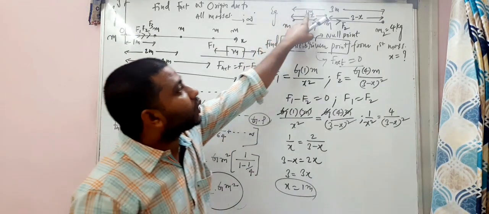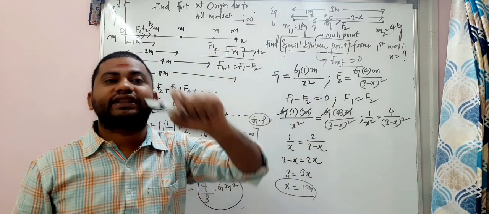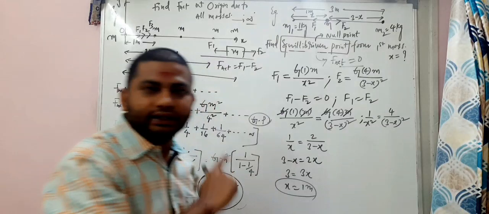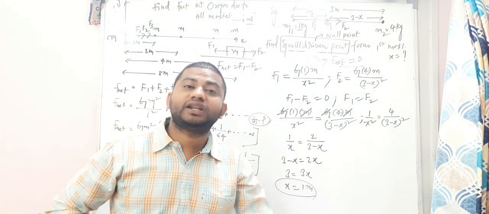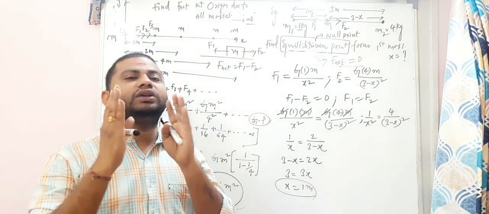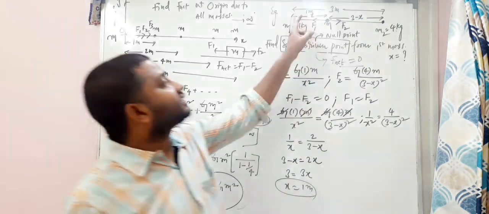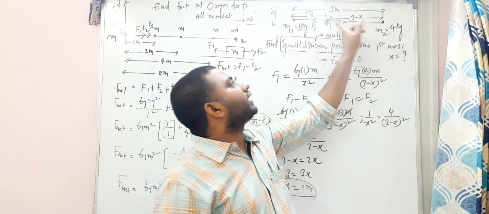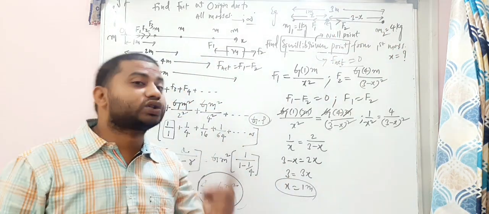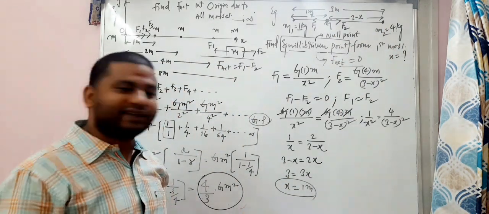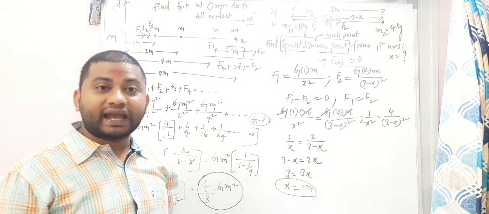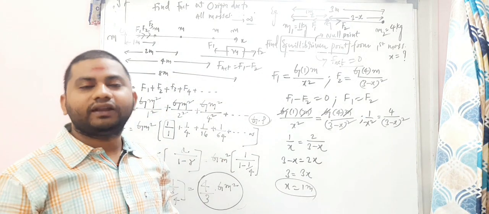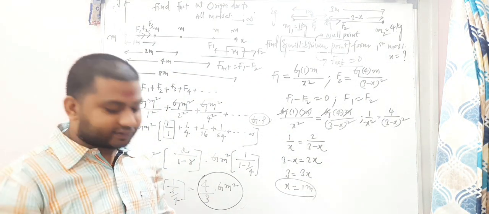From the first mass, 1 meter distance is the null point. From the second mass, at what distance can you find the null point? You need to WhatsApp me right now in the group. From the first mass at 1 meter the null point is found, but from the second mass at what distance will the null point be? If they ask other questions, you all will find x and get satisfied. But the question may ask the null point from the second mass. Right? Do not get confused and send me the answer in WhatsApp.